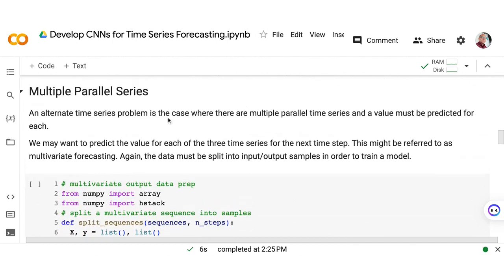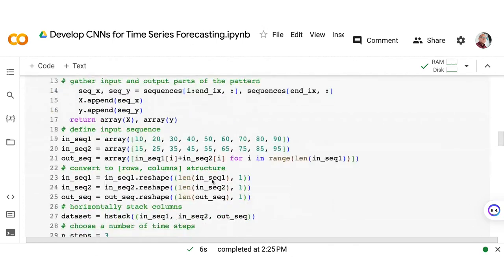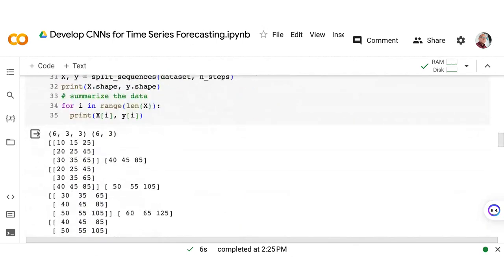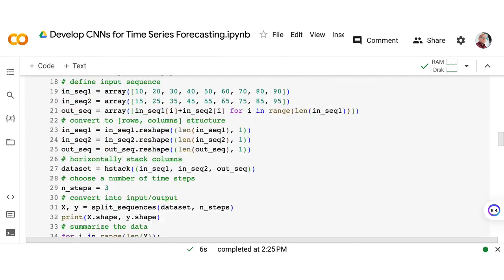Now for multiple parallel series, we also did this last time, no? Wherein we have multiple parallel series, meaning we have something like this. Okay, so we have multiple parallel series, meaning we have plenty of inputs.